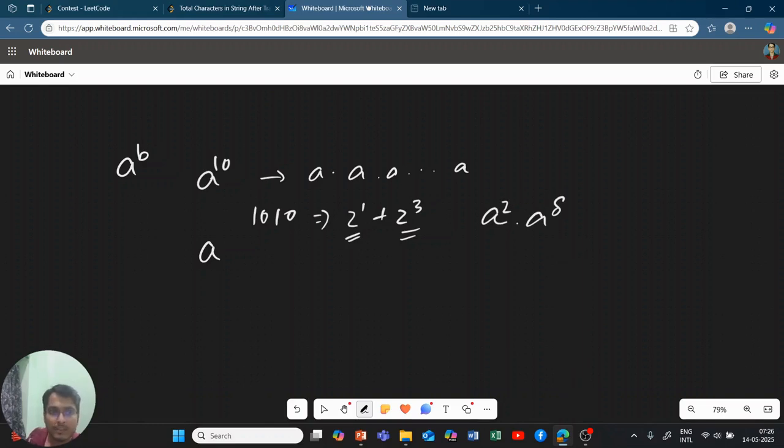So what we will do is that instead of multiplying 10 times, we will traverse through each of the bits of 10. We will traverse through the bits of 10 and check if it is 0 or 1 and accordingly do it. Okay. We will keep some result 1. Let's say the initial result is 1. Every time for every bit we will go to a square, then go to a power